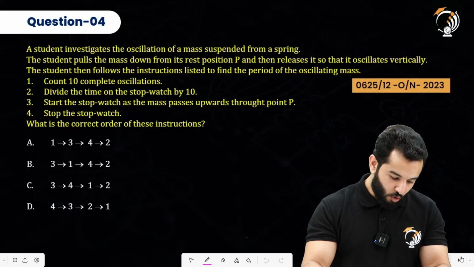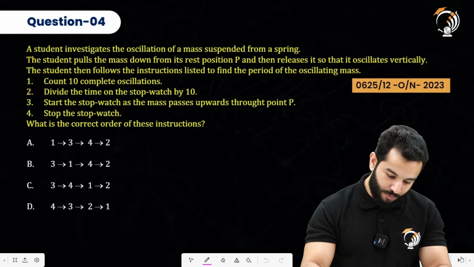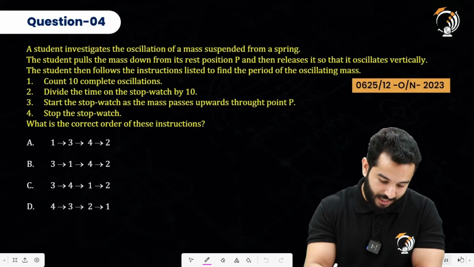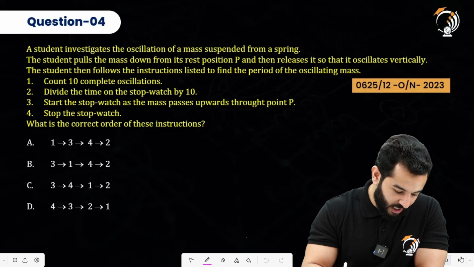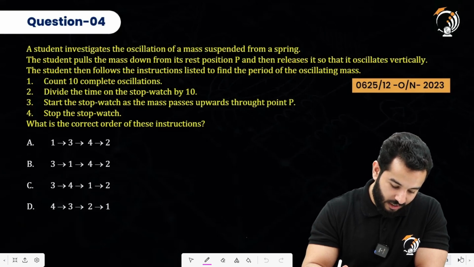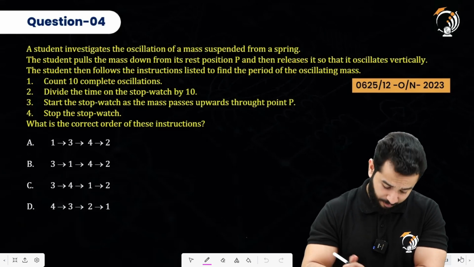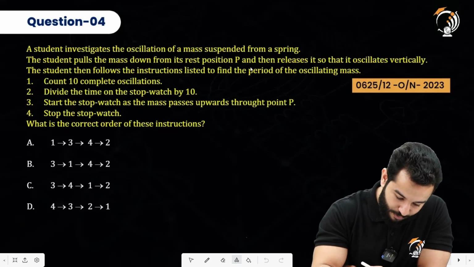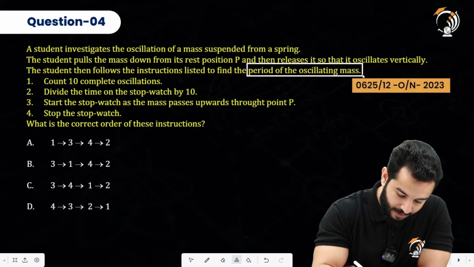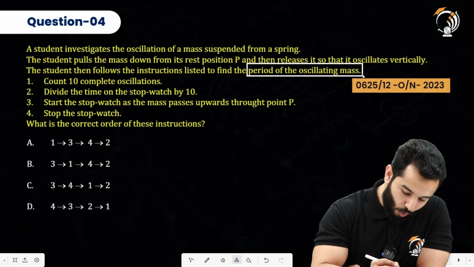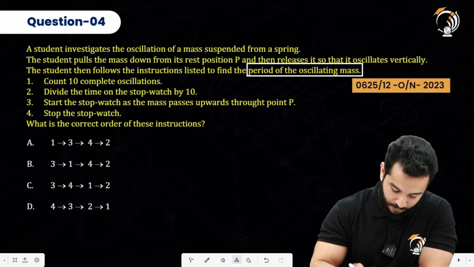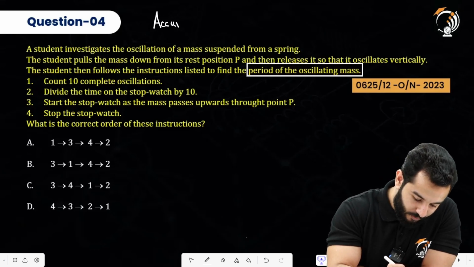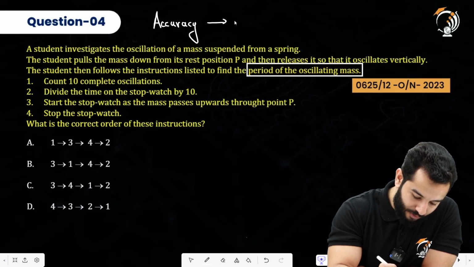Question number 4. A student investigates the oscillation of a mass suspended from a spring. The student pulls the mass down from its rest position P and then releases it so that it oscillates vertically. The student then follows the instructions listed to find the period of the oscillating mass. Again, they are talking about a certain physical quantity. That physical quantity is basically the time period of the oscillating mass, right? And they are saying that they want to find the accurate time period. So whenever they say they want to find the accurate time period, accuracy is linked with taking the average value,